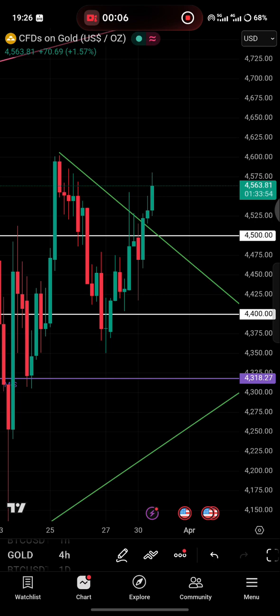Today we're going to be analyzing the gold chart and updating the price action right now that it is on the bullish side. Are we going to enter a position right now, or are we going to wait for it